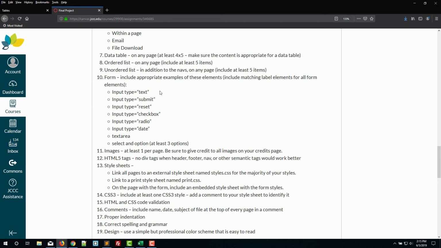It could be an email, a submit button and a reset button, a checkbox and radio button. So you need to have a couple of different options for people to choose. It could be what is their preferred method of contact. It could be their preferred choice based off of the information on your page. Input type date. And then you'll also need a text area, so an area where someone could type in comments